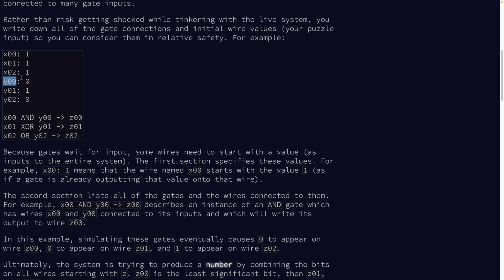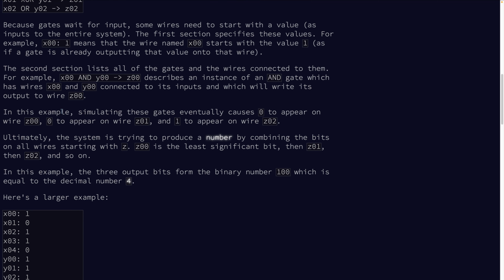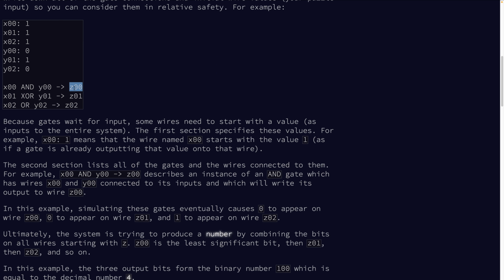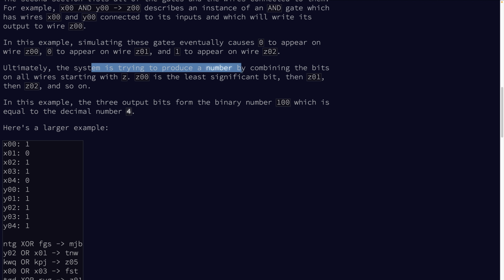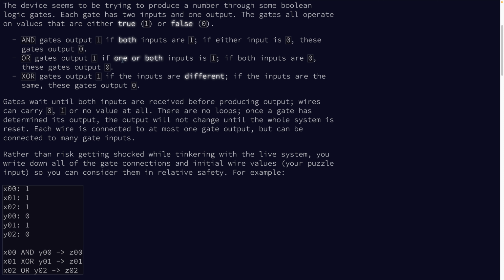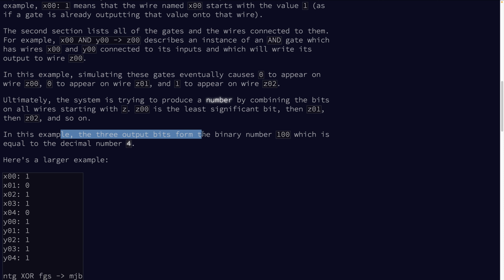So there are nodes and connections between them. In this example, simulating these gates eventually causes 0 to appear on wire Z00. Ultimately, the system is trying to produce a number by combining the bits on all wires starting with Z. Z00 is the least significant bit. Oh, so we're going to use BitVec today because I find that easy to work with. And we can specify this however we want: Z1, Z2, and so on. This will allow us to put in our bits, 0 or 1, right? Yeah. In this example, there are 3 output bits from the binary number 100, which is equal to the decimal